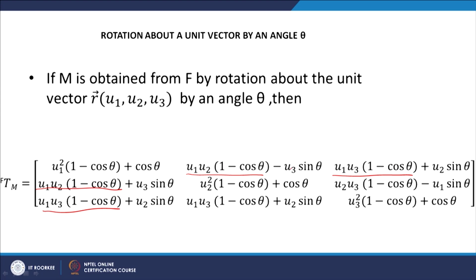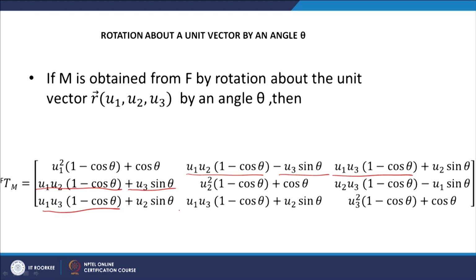But the second term is like skew symmetric, that is here U3 sin theta, here plus U3 sin theta, minus and plus. So the terms, there is some kind of symmetry and anti-symmetry combination in these terms which can be observed. So this will be very useful in the later stage when we study the differential transformation etc. using this matrix.